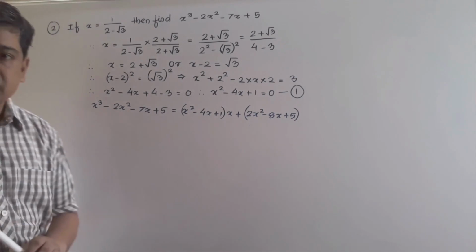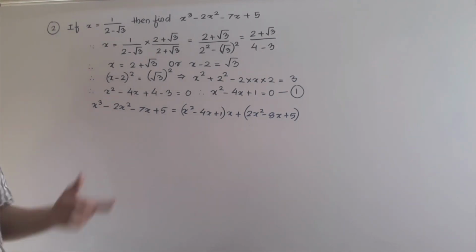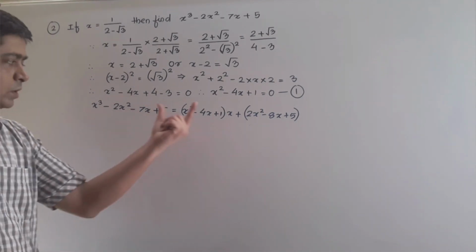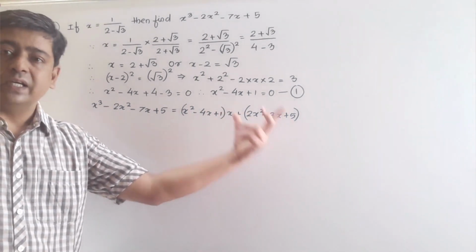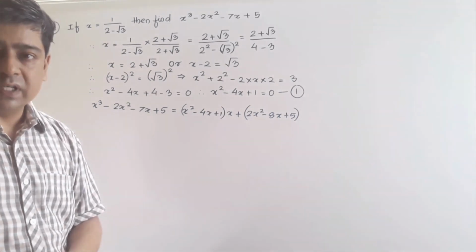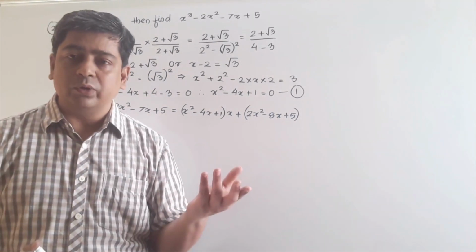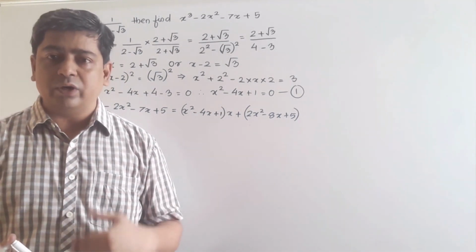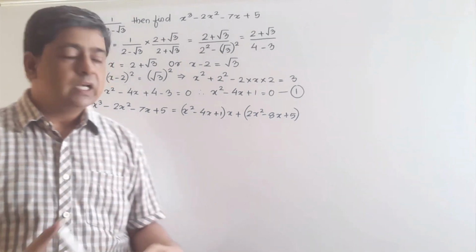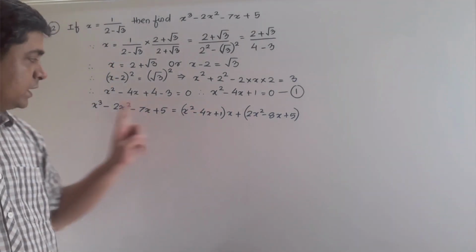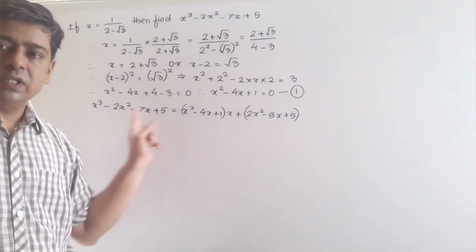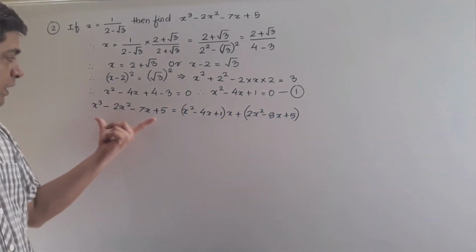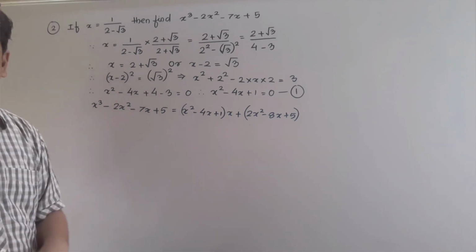This equation, see students, I have written in the form dividend is equal to divisor into quotient plus remainder. That way you have checked the division. It was given last year to you. You perform the division and check by your own whether division is correct or not. So you put up the value in this formula. Dividend is equal to divisor into quotient plus remainder. So in this form I have written. Now this is my question actually. Its value I will find out.